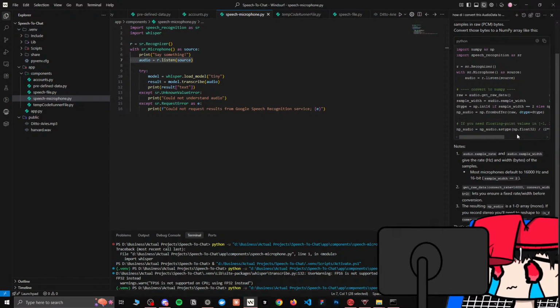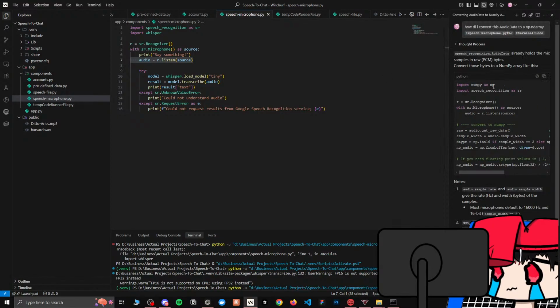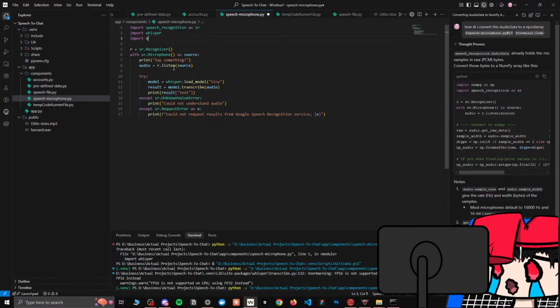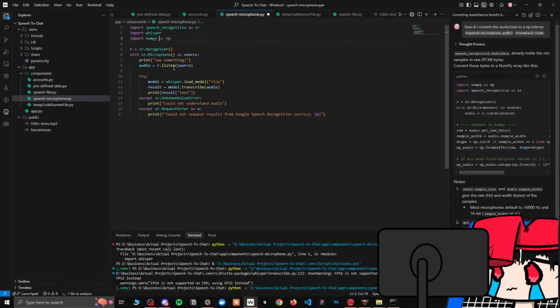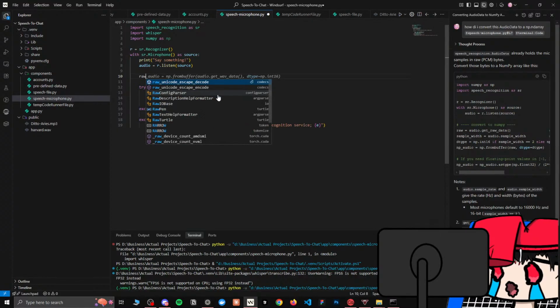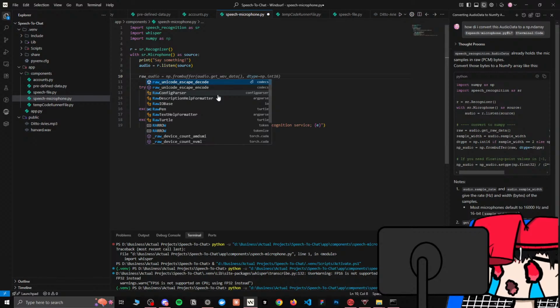Convert to NP. Okay. We do need numpy though. Import numpy as np. Yes, that was given. What we need to do next is after the audio source is received, I need raw is equal to audio dot get raw data. Sample width is equal to audio dot sample width. Data type is equal to int16 if sample width is equal to 2, else